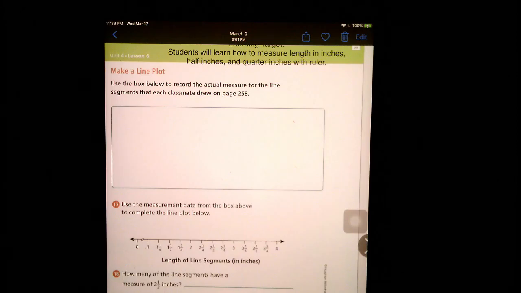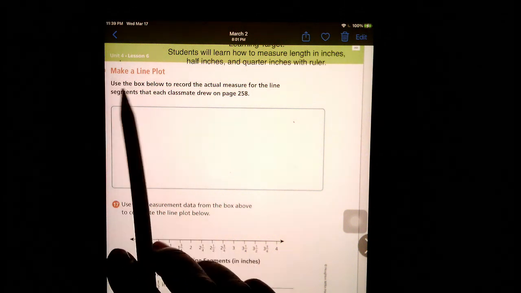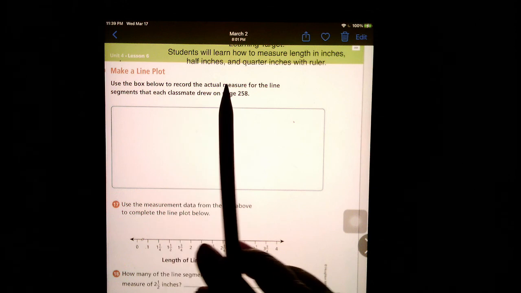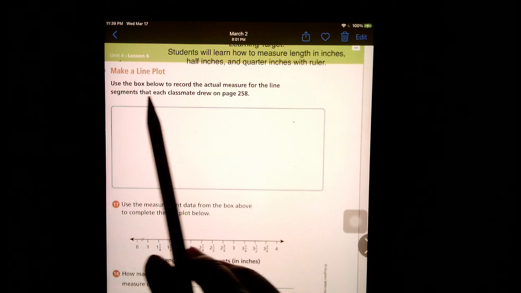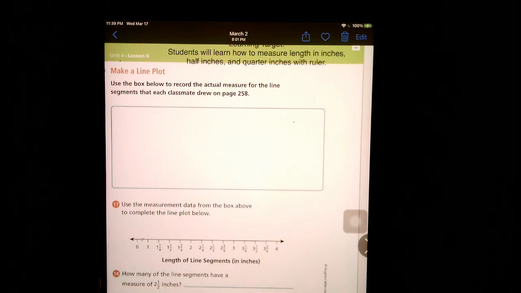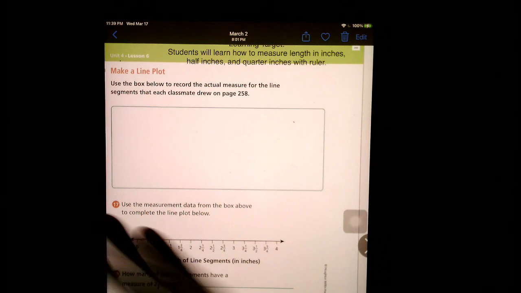We are on the next page. We're going to continue with the same learning target, except now they want us to make a line plot. Use the box below to record the actual measures for the line segments that each classmate drew on page 258. So they wanted you to draw a line segment on page 258,